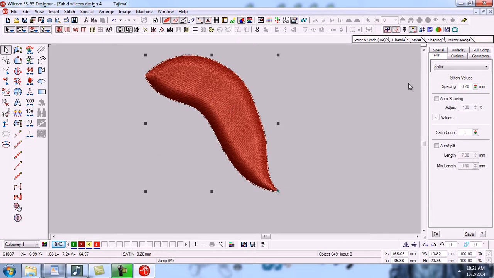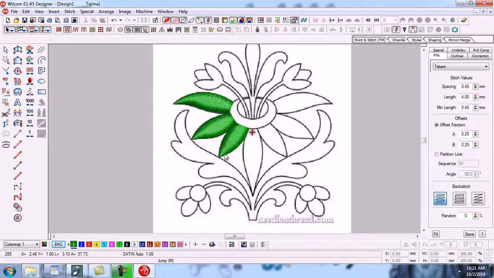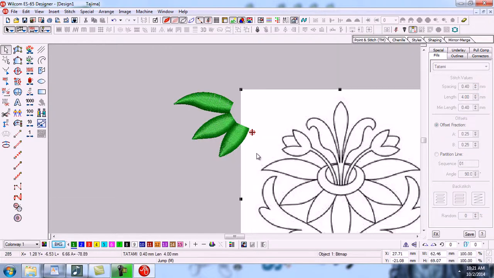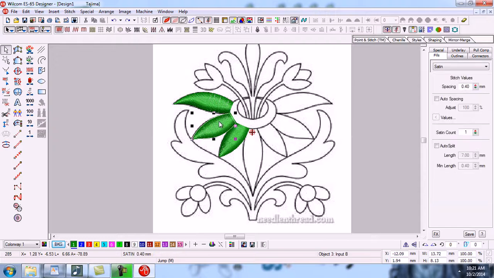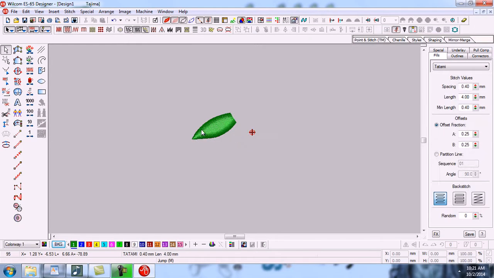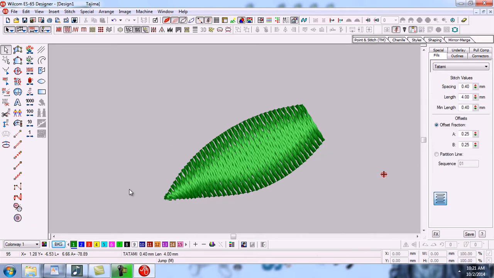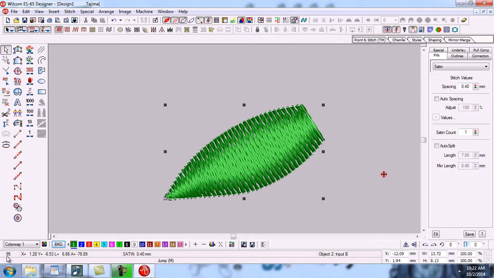So in other words, for example, here you can learn easily. In the previous design there are so many other objects also. Here there is only one object and its stitches are 95. So if you want to increase the stitches, you can lessen the spacing.